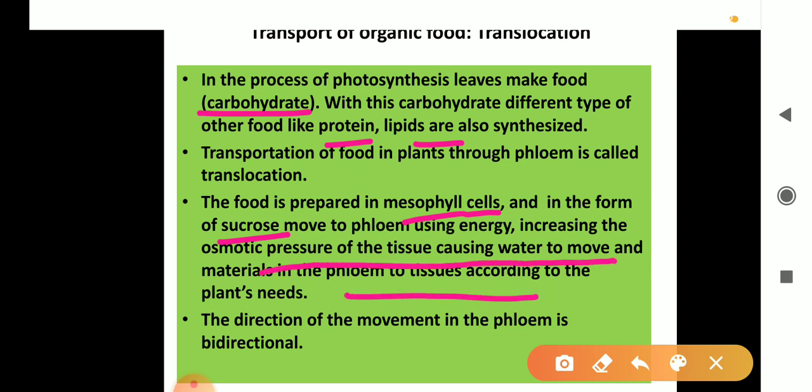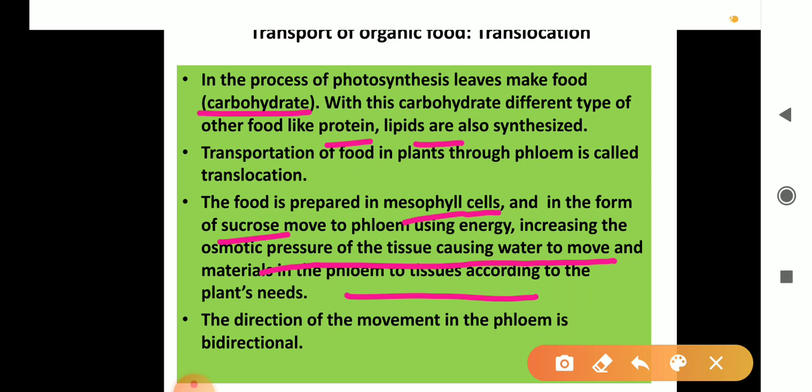reaches the sieve tube, lots of water also moves inside the sieve tube from neighboring cells by osmosis. This mixture of sugar and water creates a pressure inside. Now this is transported to the place which has less pressure. And sugar is given to that place actively. It means energy is required for unloading also. It is clear now that unlike transport in the xylem, which can be largely explained by simple physical forces, the translocation in the phloem requires energy.